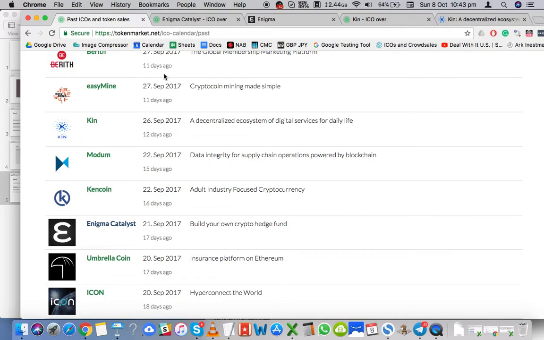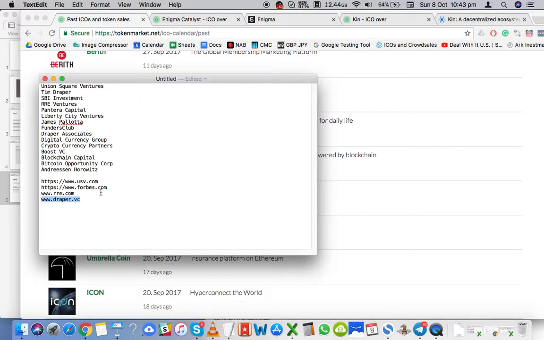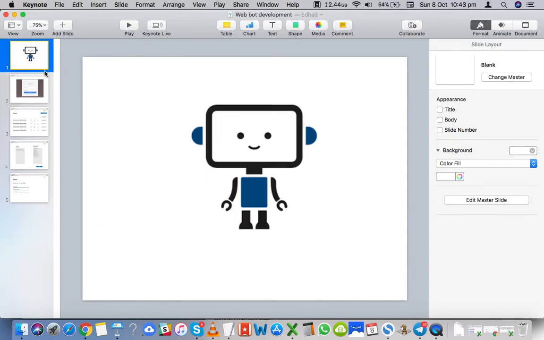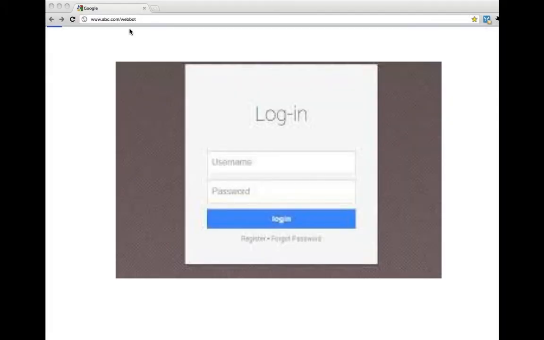It's about following each and every link, and then the web bot will scan for the keywords that are specified here. If it finds any of these keywords, it displays them in the results, right? So I hope you get the idea, and I'm basically going to walk you through the UI,